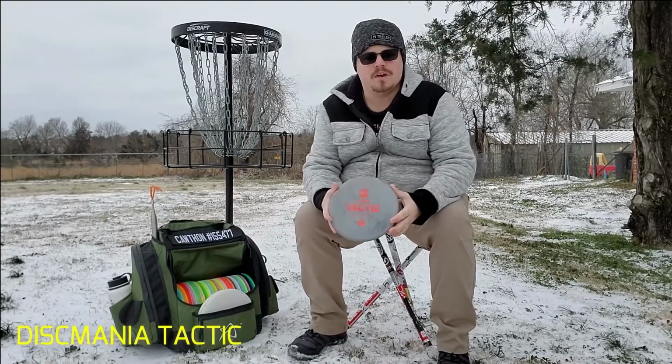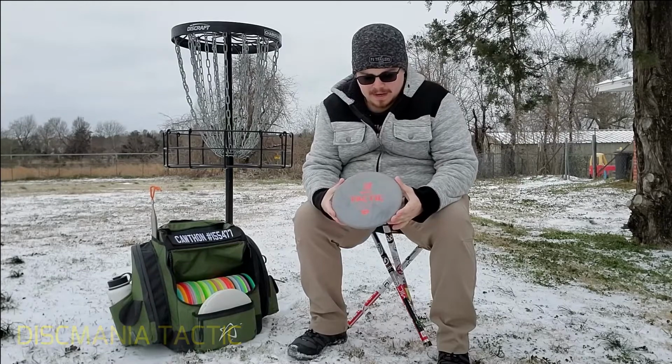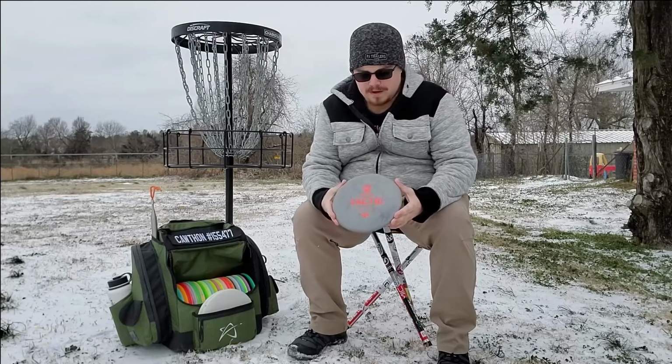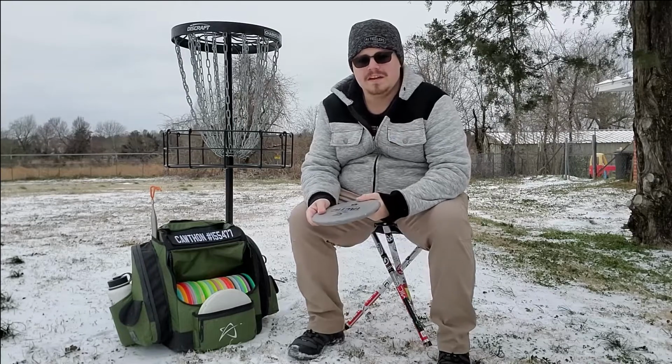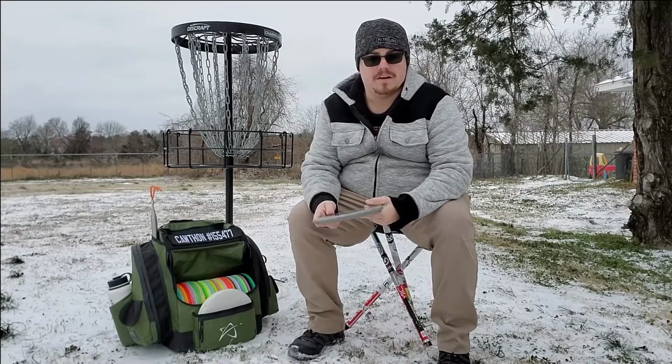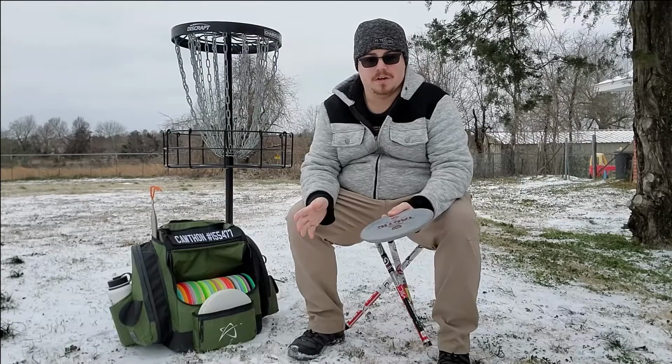When I need a little more stability, I'm currently rocking an Exo Hard Tactic. I was throwing some Zones, and I really love the Zone, but I got this in my Simon Lizotte mystery box, and I love the way this plastic feels. It feels really good for a forehand. I'm not a forehand dominant player, I'll tell you that. I am backhand dominant all the way,